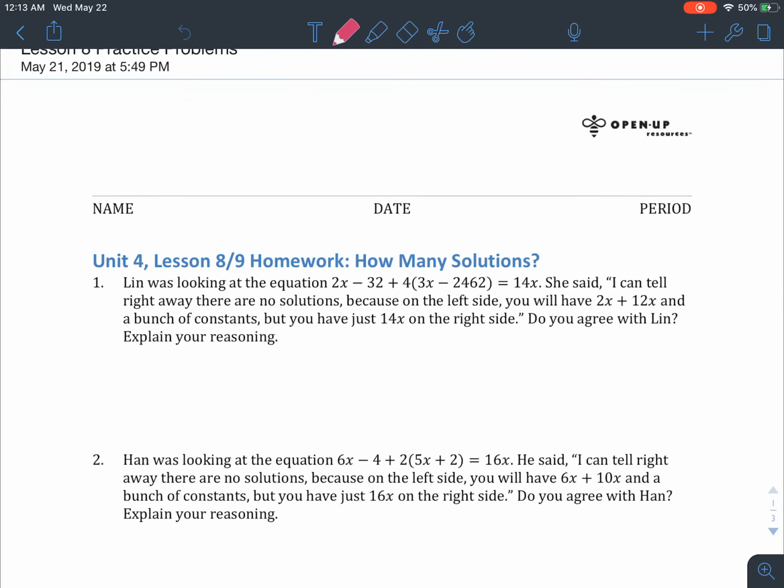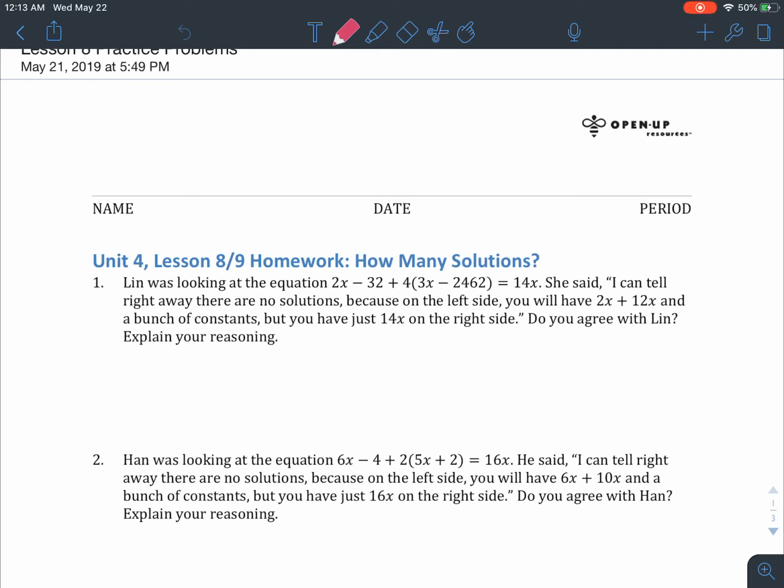Alright, so hopefully you've had enough time to work on these practice problems. If you have any questions, please message me and I'll be looking at that. Okay, so number 1, Lynn was looking at the equation 2x minus 32 plus 4, parentheses 3x minus